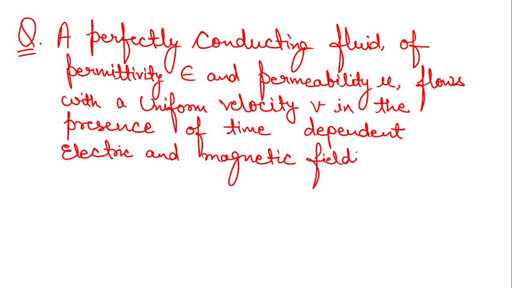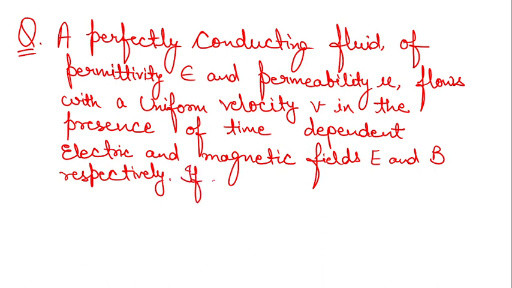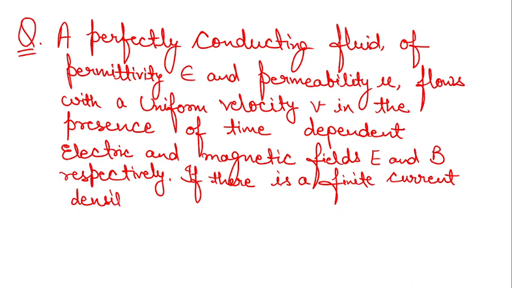You can denote them with E and B respectively. If there is a finite current density in the fluid,